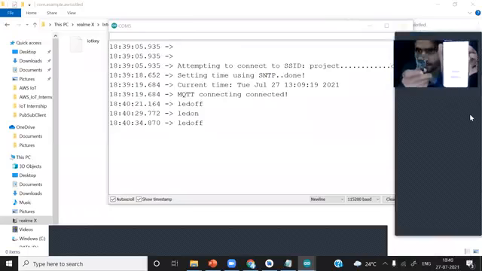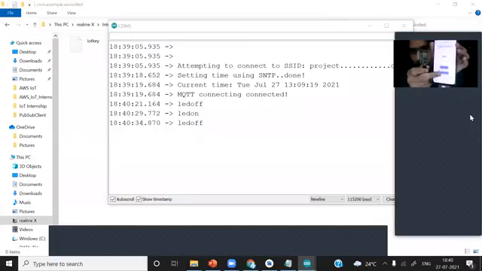Now we'll do it again. You can see currently the LED is off. I will make it on. You can see. I'll press this off button again. You can see it got turned off. Again, I will press on. It got turned on. Simple.